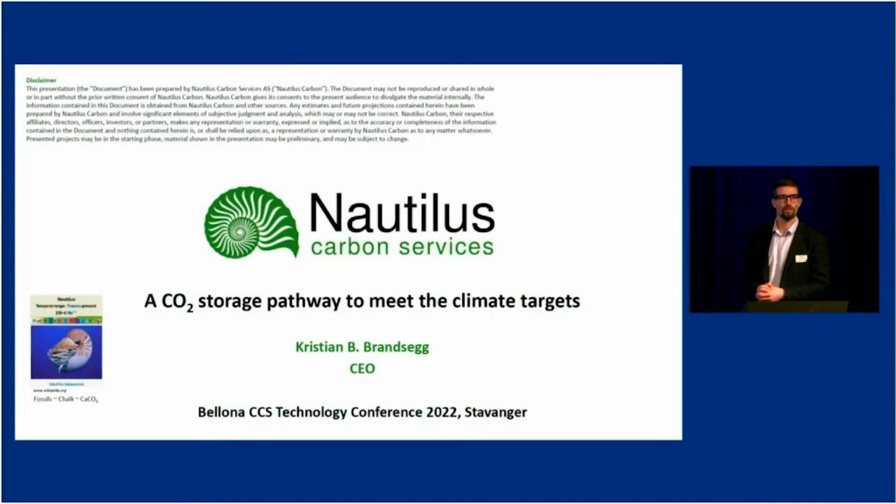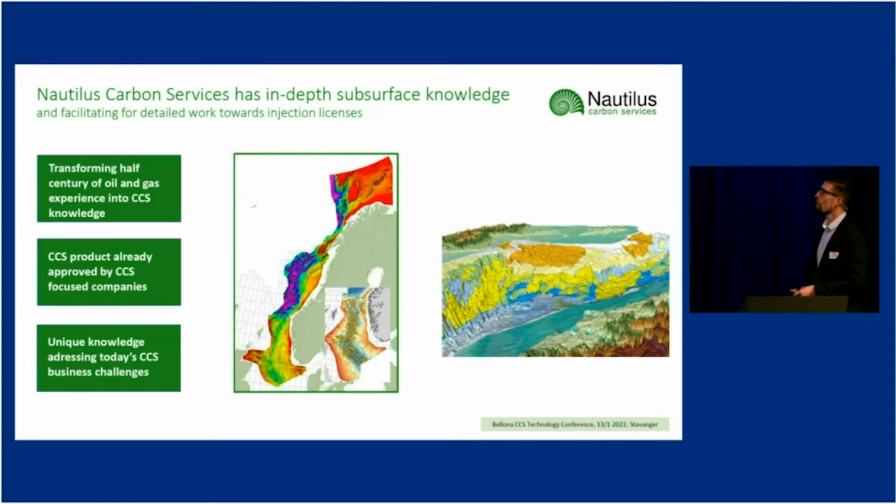Thank you very much for the invitation and to present the possible storage pathway to meet the climate targets. Nautilus itself is an animal in the ocean that has a track history back to 250 million years ago. So it's a fossil that has been through a transition throughout millions of years, and that is the trace that you can actually use to understand how the Earth looks like. So it's a part of the transition, and that is why Nautilus Carbon is a part of the transition. And a fossil itself can be a chalk, and it's a carbonate, so CO3, meaning that it holds the carbon itself. So, Nautilus Carbon Services, we have